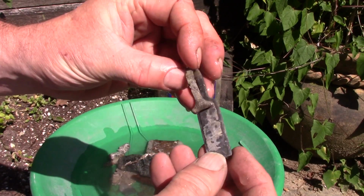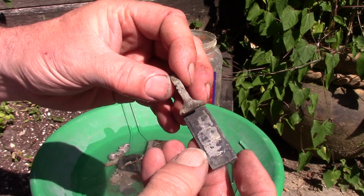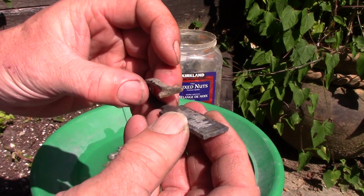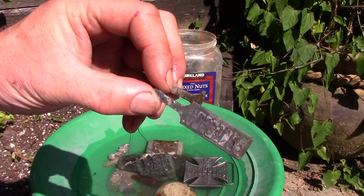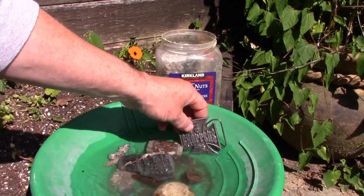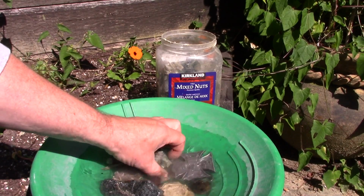This is interesting. I found a whole selection of these. I don't know what the heck it is. It's some sort of tag. It's lead. It's very soft. So I grabbed one. I left the others in the forest. Now, on the side of a hill, no lake around at all,